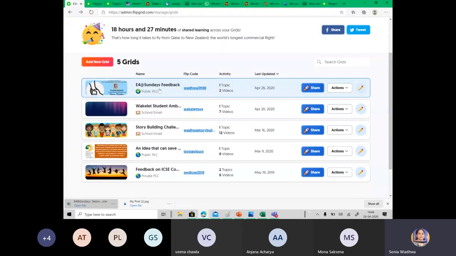If I can recall correctly, in our school in Prangan, there was an activity, Know Me More, which was pending when the school was to reopen. Now, since the school did not reopen and children did not come and physically meet each other, the teacher created a grid with the name Know Me More and sent the link to each and every parent. The parent just clicks on the plus sign. The child spoke about himself, and then the record was submitted. Then the link of the complete grid was shared back with the parent. Now everybody can see who all their classmates are and they can know them more. So this is how you can use it.